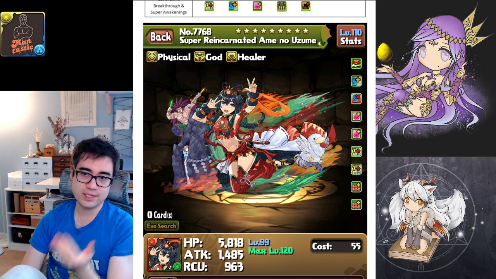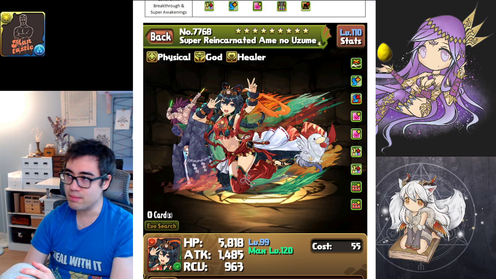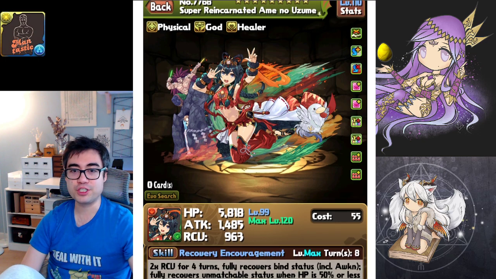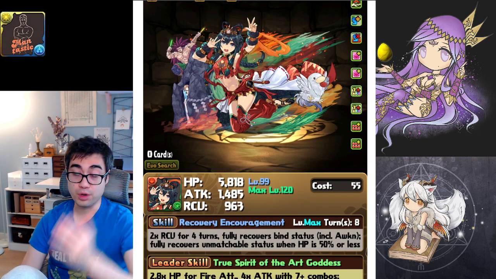And even though she only has double 7 with a single VDP, she's probably going to be damage capping in most cases when you match that VDP. And that is significant because it's nice having your clerics actually deal damage. And in terms of her active skill, you get 2 times RCV for 4 turns, so cool, override those RCV